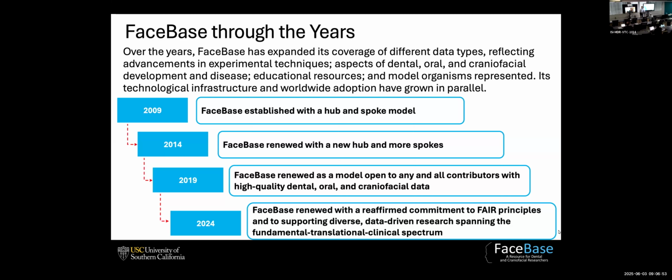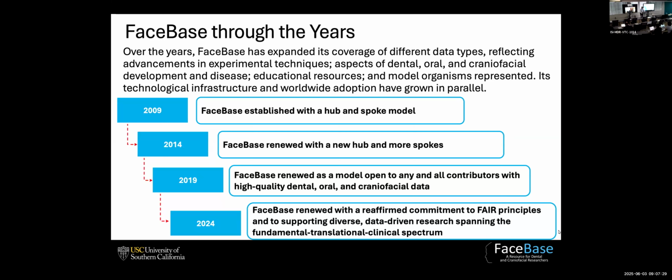And also, I think the important part is FaceBase has evolved over the years with new technology, new development, and now focusing gradually more on translational research, in alignment with NIH's mission, which is really to improve human health. How do we use this data from different model organisms to support our discovery, and then the data reuse, so we'll be able to continue to improve human health.